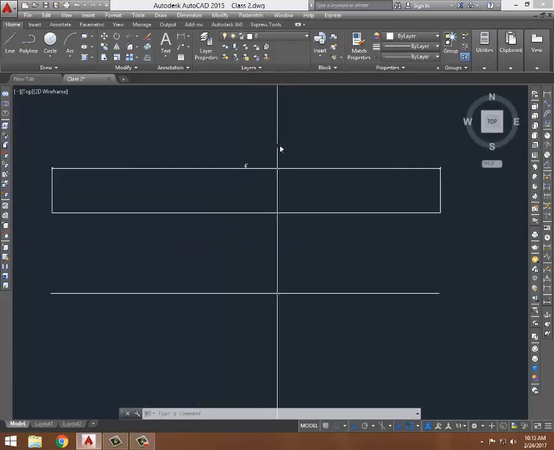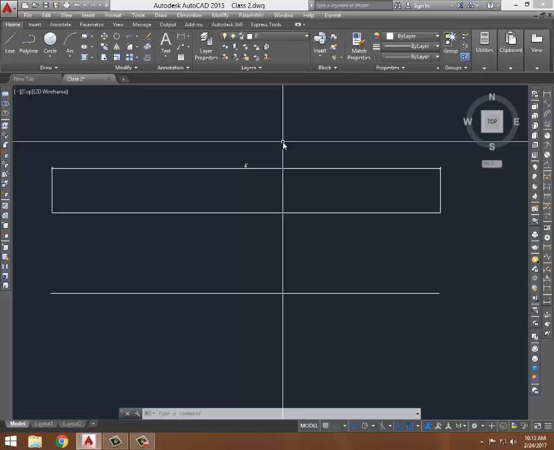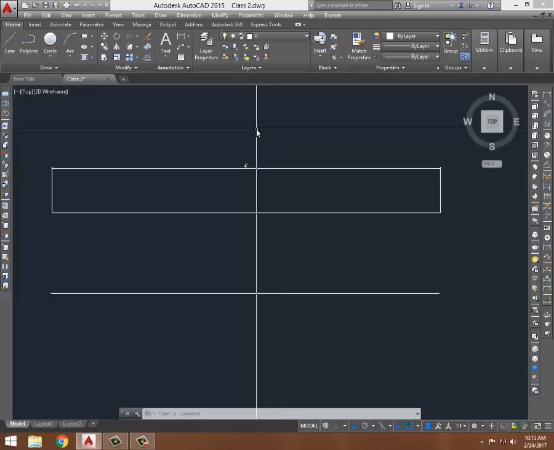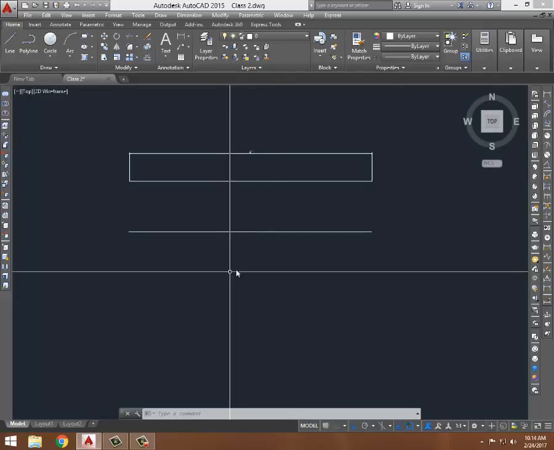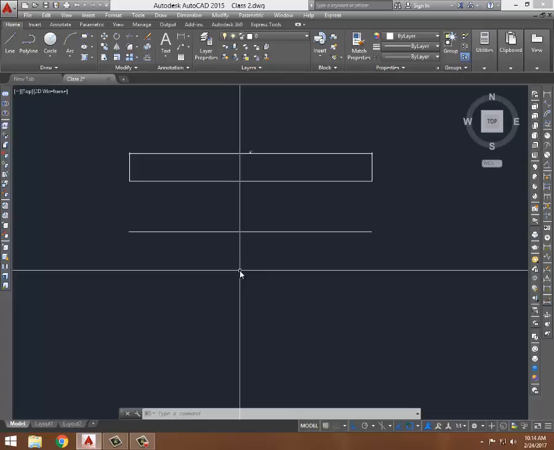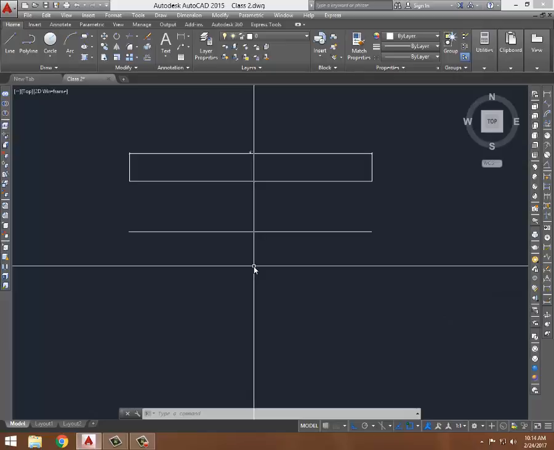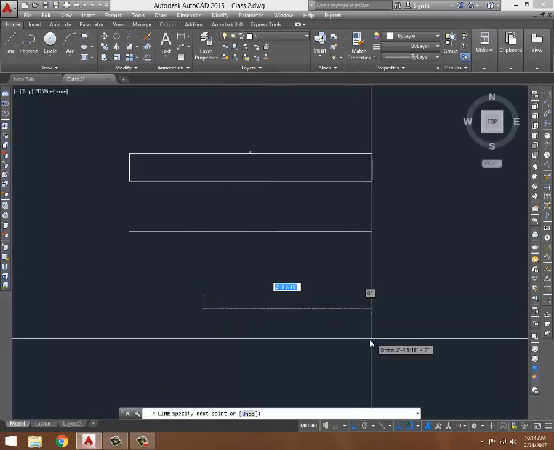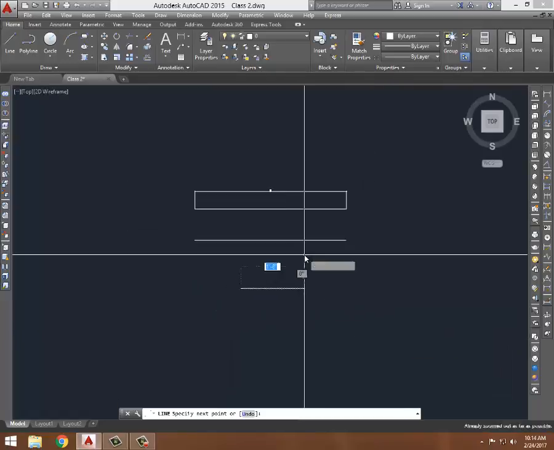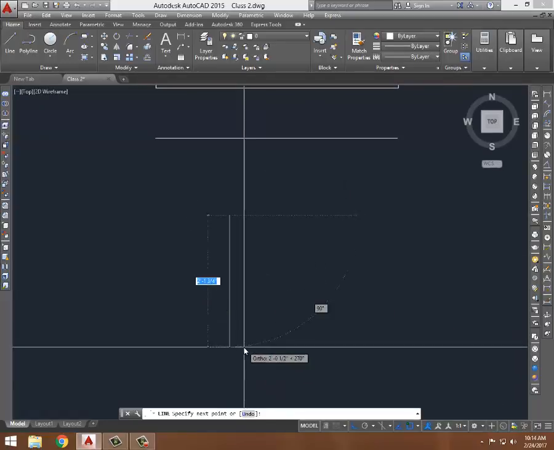Now this line I drew as 48 inches. I think you guys remember. Now I want to draw another line, the same line, 48 inches, but I'm not going to put 48. I'm going to put 4 feet. So L, enter, click, drag this way, or for example you can go this way also. Anyway we can go. So go that way, and I'm providing the dimension 4, and the feet key is on the left side